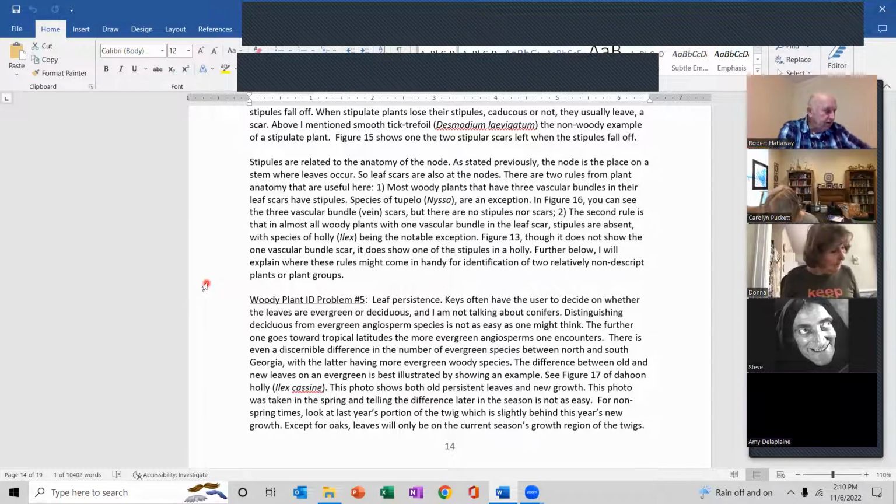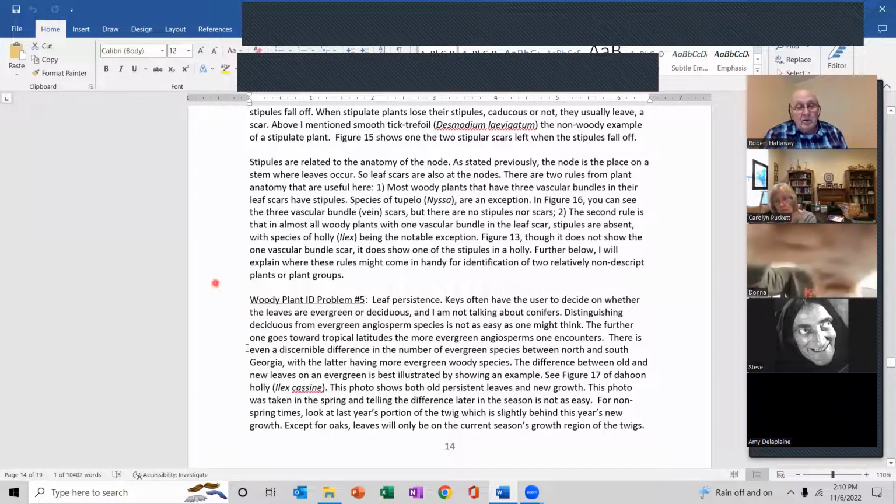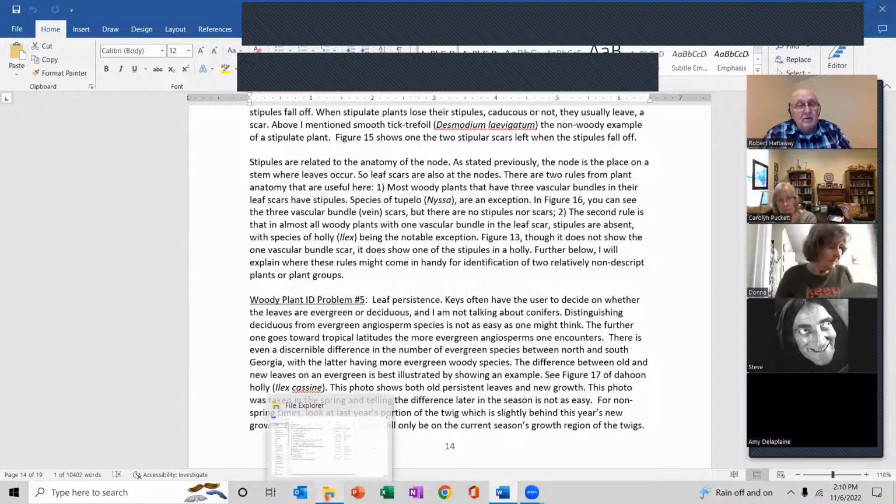And let me read the definition. I actually defined them on that sheet, I think. Stipules are usually a leaf-like structure at the base of some leaf petioles, often or usually in pairs. And a good example of that is